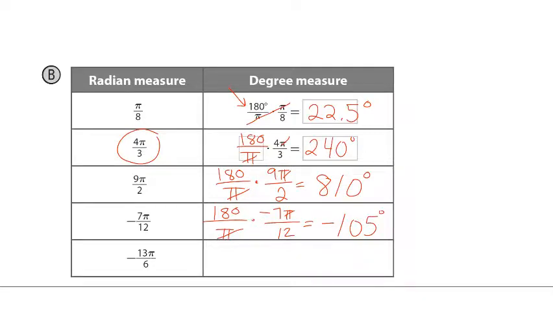And last time, 180 over pi times negative 13 pi over 6. Pi's cancel. We still got a negative 390 degrees. Okay, so that's going from radians